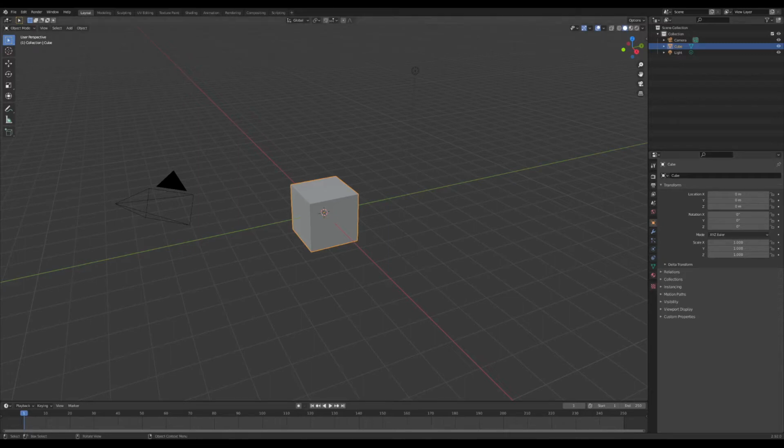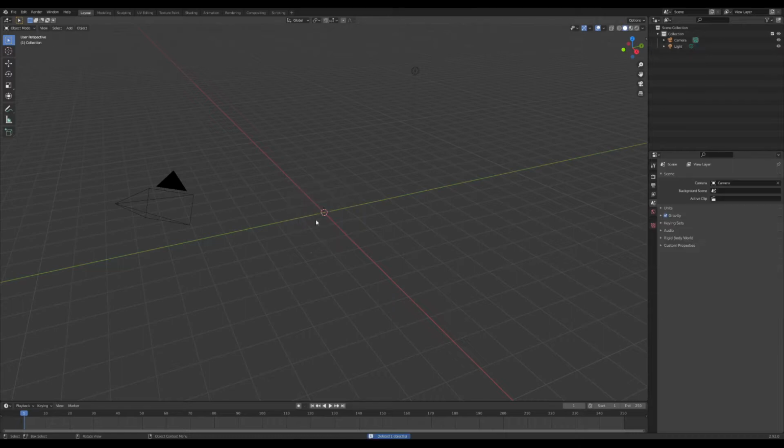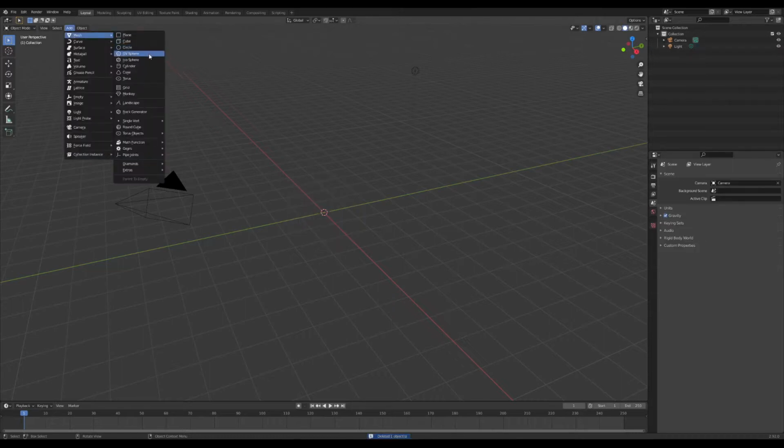We're going to be doing another speed model for our podcast. This week we are going to be adding a potato light to Kirk's Corner. You heard that right, it's going to be a potato light. So to start off, we're going to get rid of the default cube, and then we're going to add a